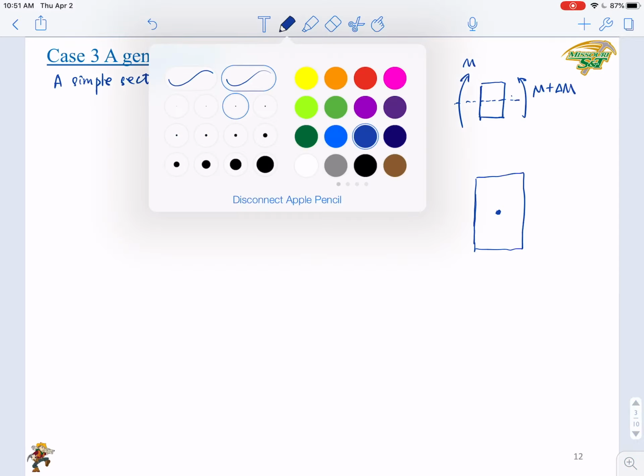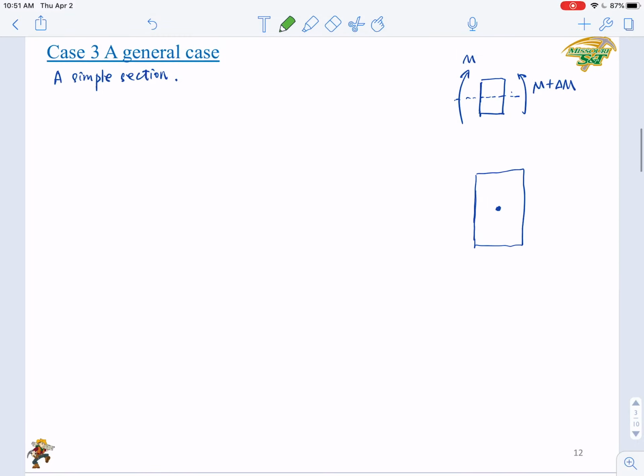Then let's consider a random point. This is a random point at which the tau is to be calculated. So we will have this area, and you will have a local centroid, right? And here is the